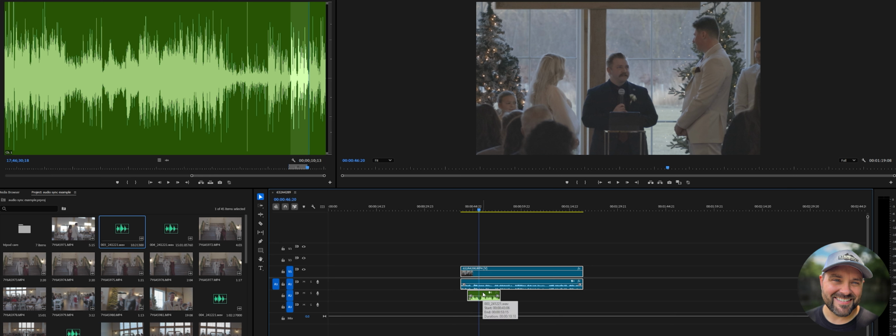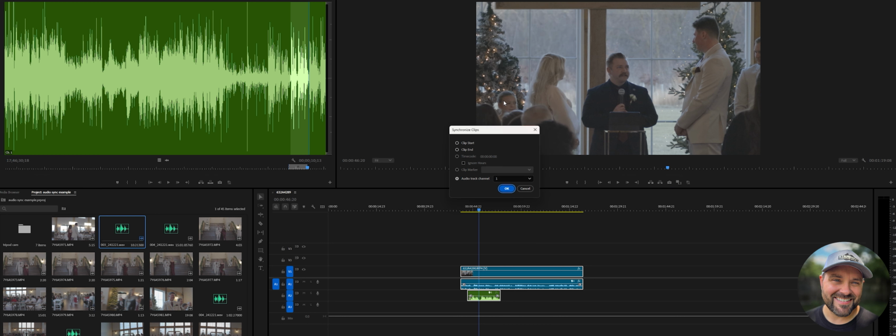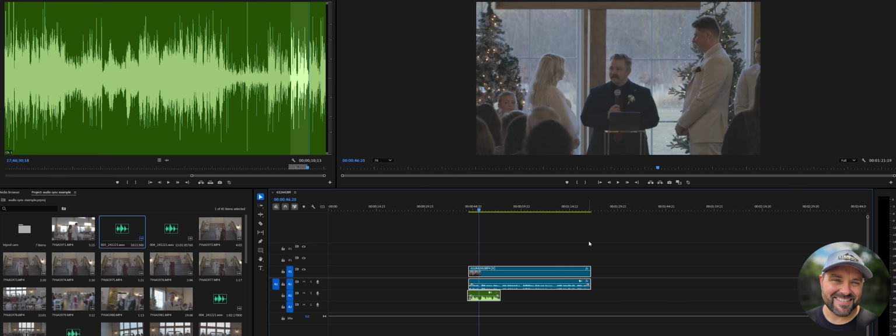clips. And then I'm going to right click. This menu appears, and then we want to look for synchronize. Then what you want to do is make sure this audio is checked right here. And then I'm going to click on OK. And then Premiere does its magic and it lines them up automatically so that there is no guesswork